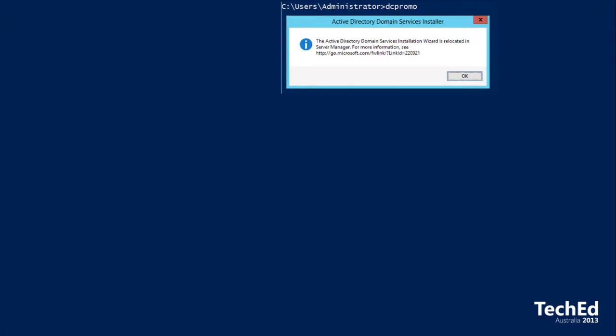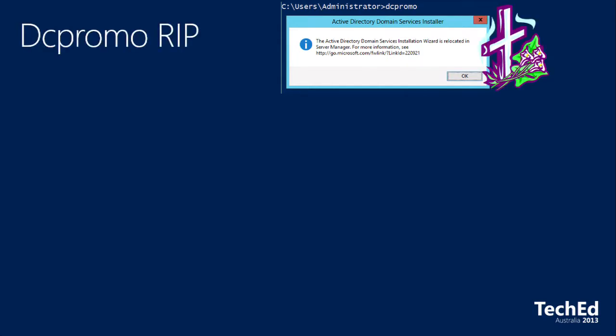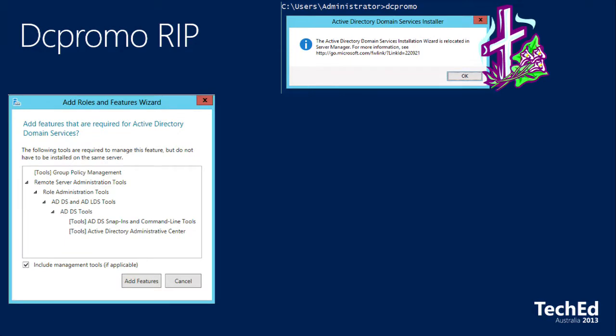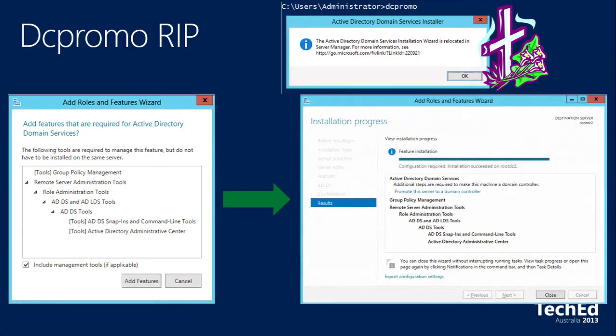We've actually created a whole new wizard. DC Promo, the code DC Promo, is actually dead and gone from 2012. It's a whole new wizard that's been developed. Unfortunately, the name as it was being developed was entirely too much of a mouthful, so we've decided to call it DC Promo again. You now run DC Promo essentially from the Add Roles and Features wizard. You do the lot at once,